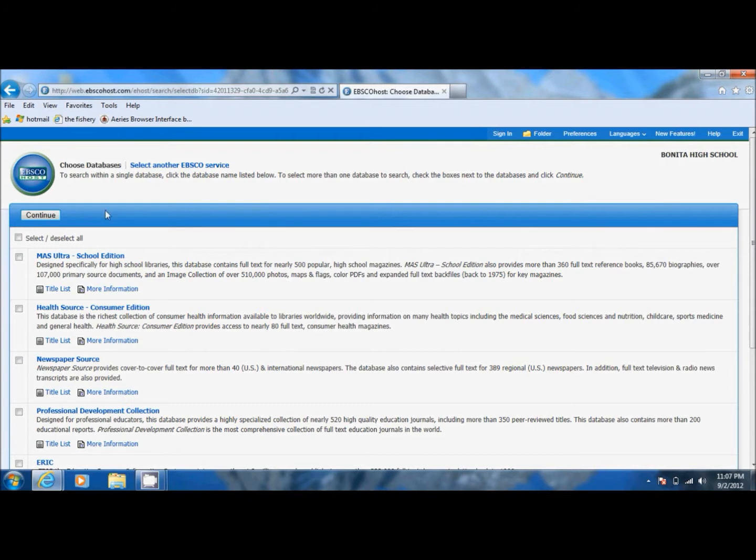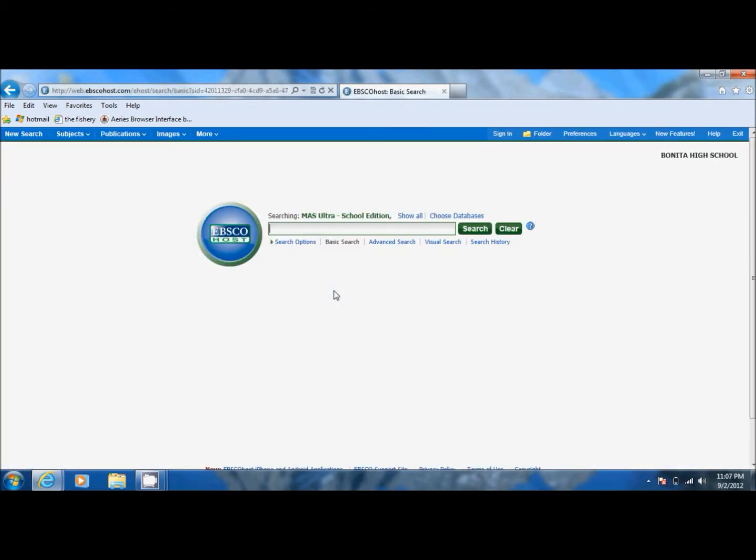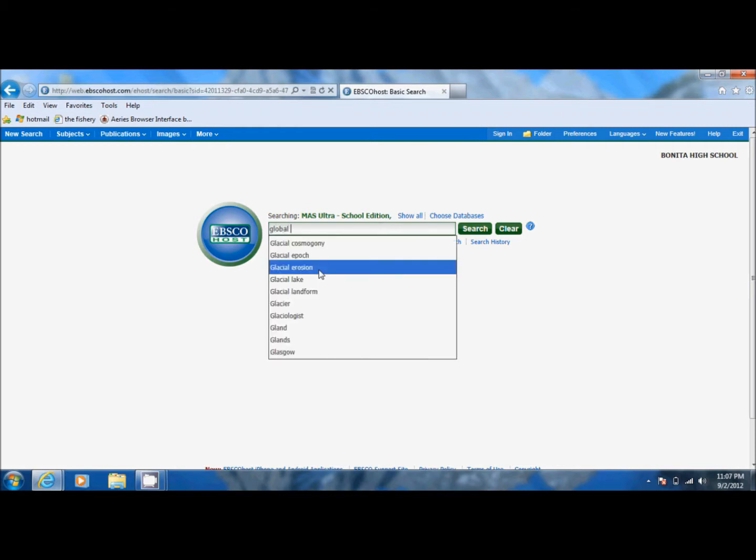And from here you get to choose which databases you want to search. You basically just want to click all of them and hit continue. This takes you to the search page. From here you can do anything about your topic, and I'm going to give you the sample topic today about global warming. So I will type in global warming as my topic,